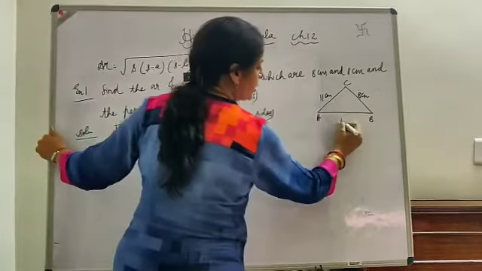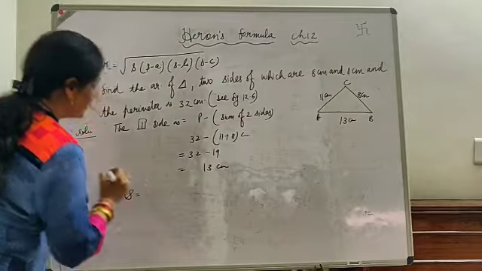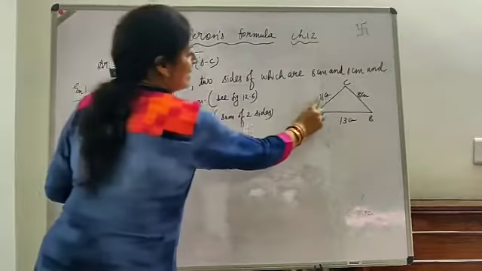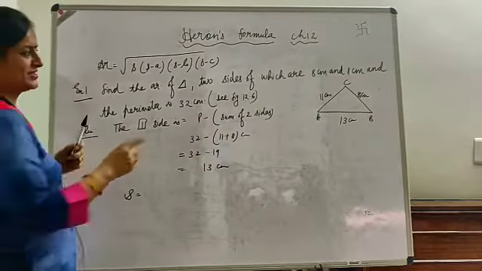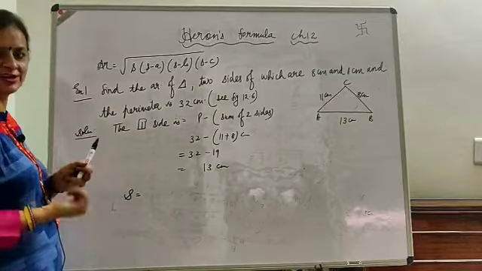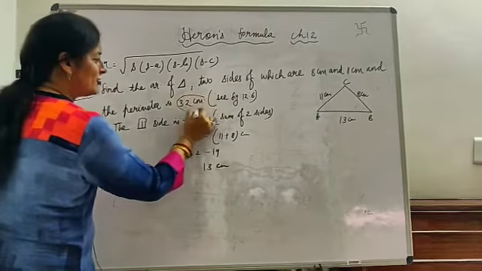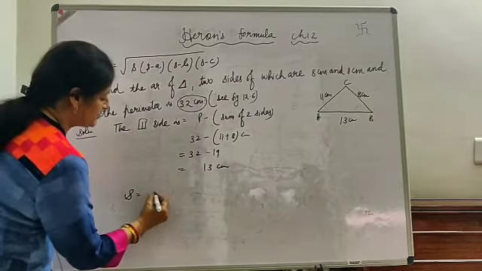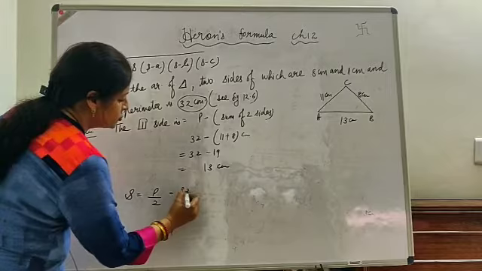So don't forget to write down that this is 13 centimeter, and then the semi perimeter. Now here some students did it like this: 11 plus 8 plus 13, and then they made a mistake in the calculation. Some write 42, some write 43, some write 33. They forgot that the perimeter is also given to you. So don't forget, the perimeter is given to you. So what is the semi perimeter? Perimeter divided by 2. This is 32 by 2.